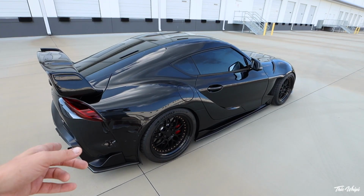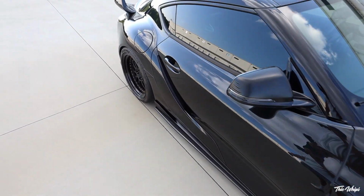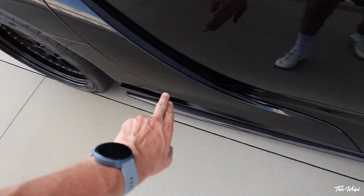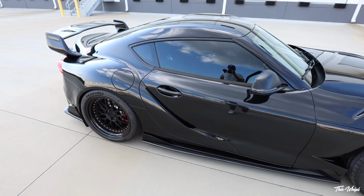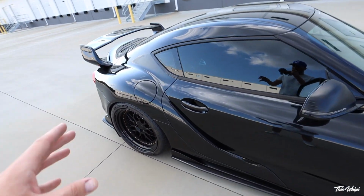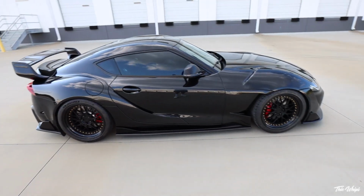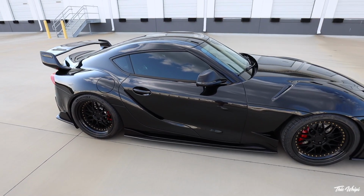But I do have them at home, so if I do ever take my rear bumper off, I will go ahead and just throw them on. I am considering getting the carbon fiber garnishes. The only problem is I really haven't seen a quality set. I've seen a lot of issues with the carbon and the fitment, so I'm kind of on the fence about it. I think the car just looks really good as it is, and it's so easy to overdo carbon